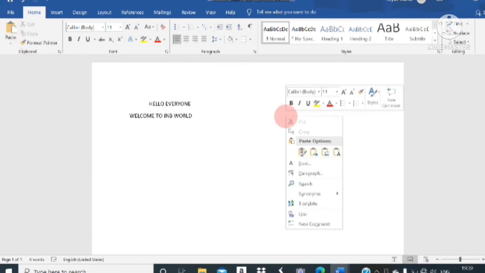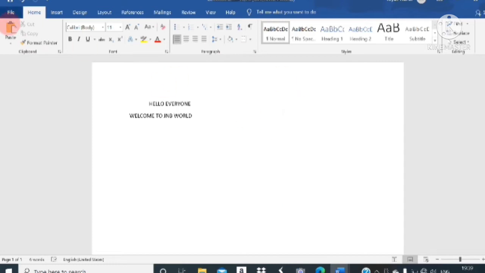If you right click on it, you just paste it, or otherwise you go to the paste option and then paste it. After clicking on the paste option, for more, other paste options will be available. If you click on this one, it will show like this, and like this one.